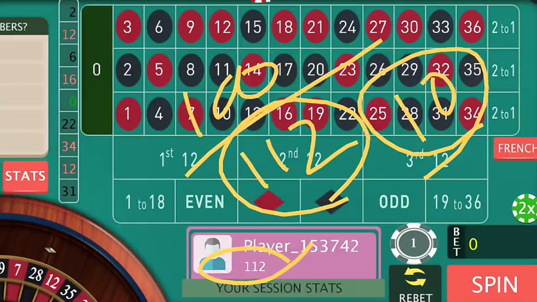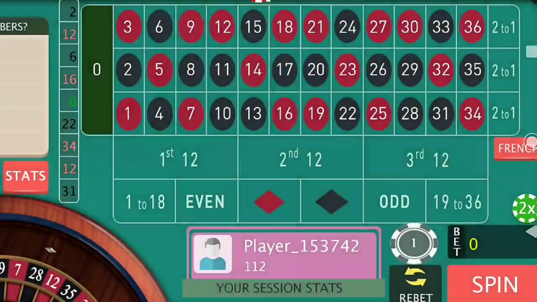And every time you play with this strategy, you will win something from the table, unless you are the most unlucky person in the world to lose with this strategy. So let's try again. Now the bankroll is here is